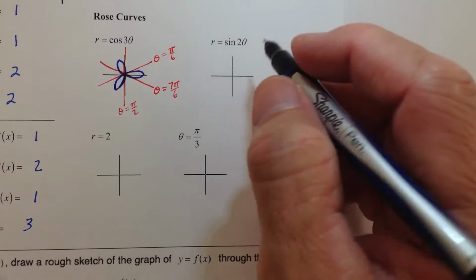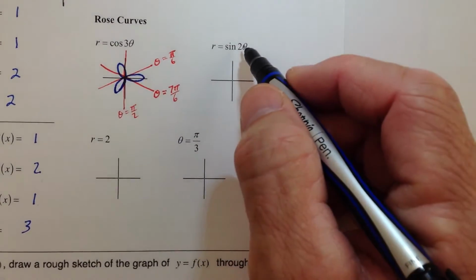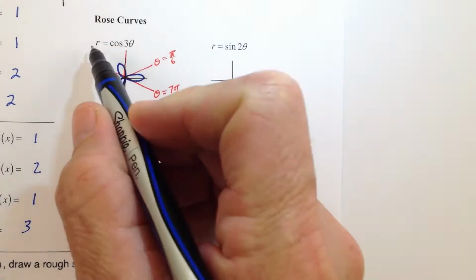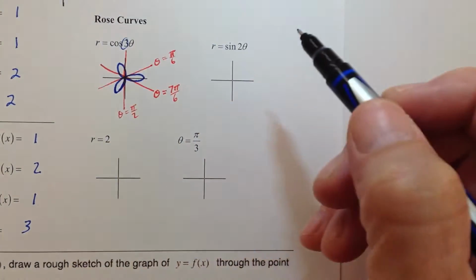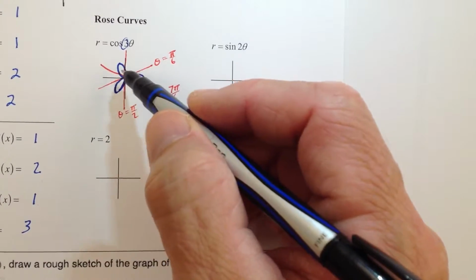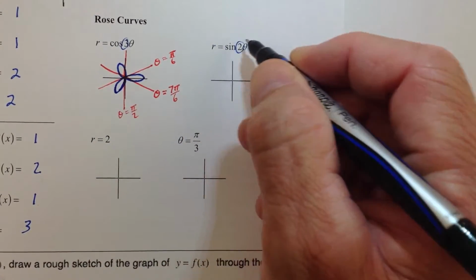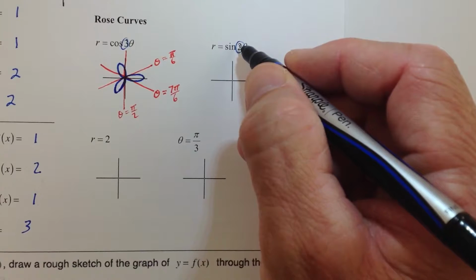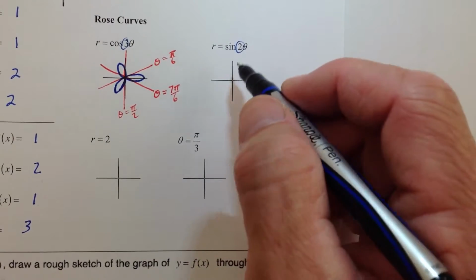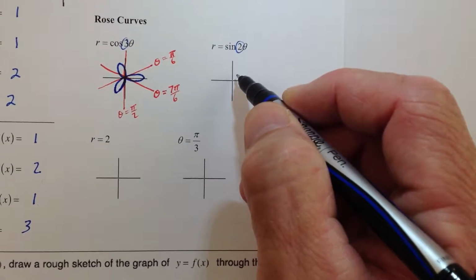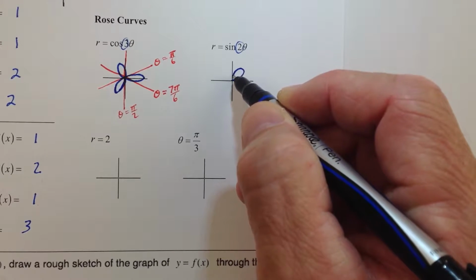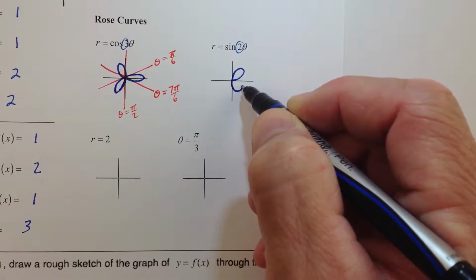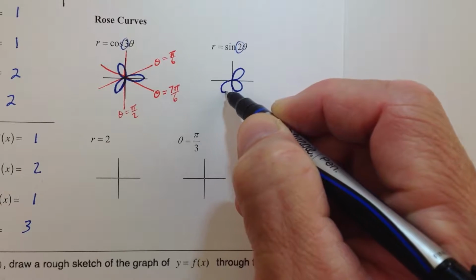And then we have the graph of sine of 2 theta. Well, r equals sine of 2 theta. Notice that when the coefficient of the theta is odd, you have the same number of petals on the rose curve. When the coefficient of the theta is even, you actually have twice as many petals as that number. So what this is going to look like is goes up like that, down, around,